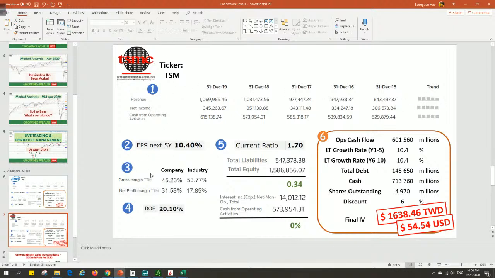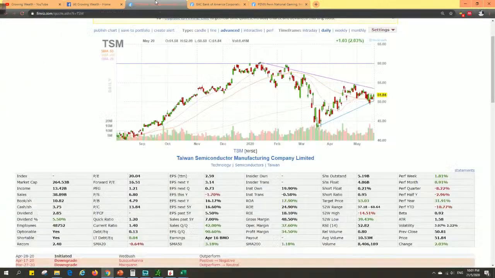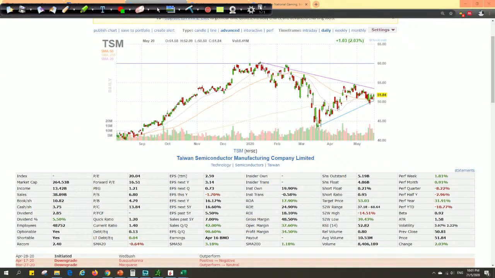Passed step 1, step 2, step 3 sort of pass. Step 4 is a good pass. Step 5 is also a good pass. And the last thing that we want to look at is the intrinsic value. So previously when we calculated this intrinsic value, it was done using a growth rate of 10.4%. If we go over to Finviz, you can see that the earnings per share has been changed. Finviz now awards it a higher percentage of growth rate. So growth rate right now is at 16.6, and we know that